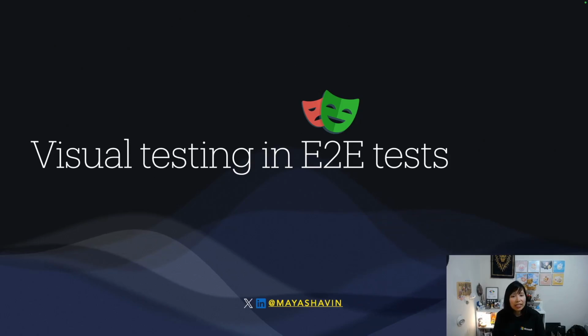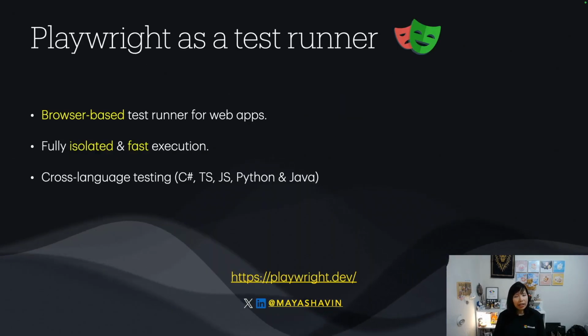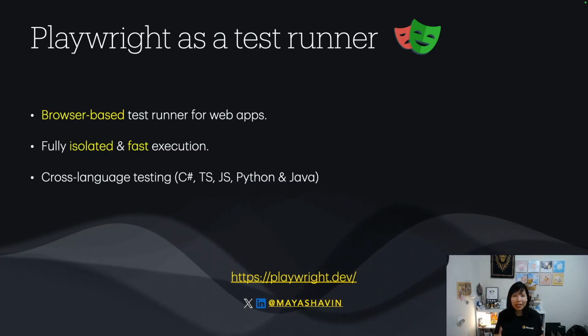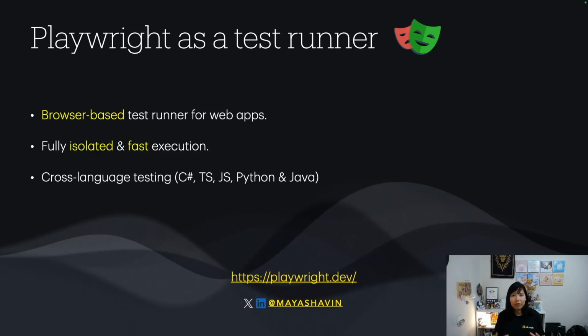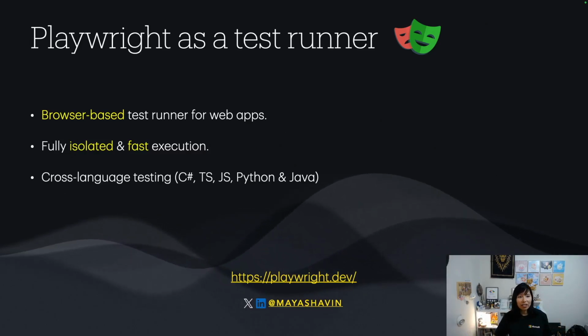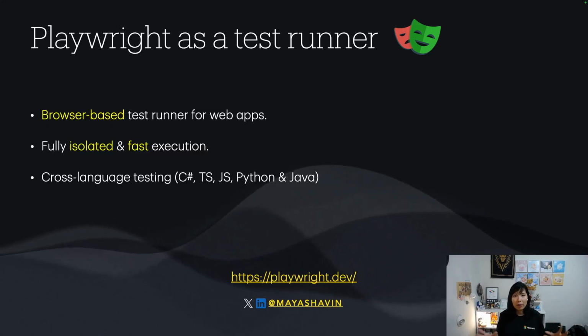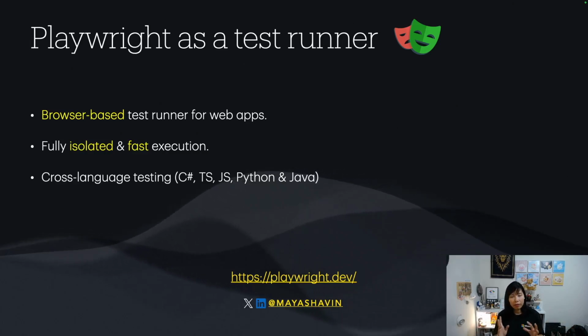What can we do with other end-to-end test runners such as Playwright for visual testing? Let's take a quick look at it. Playwright is a browser-based test runner for end-to-end tests in web applications. It's pretty fast and isolated, and it has component testing features that are specifically for testing components, not testing the whole application or whole page. And it's cross-language. So if your project has two different languages, one for backend, one for frontend, using Playwright can be very beneficial